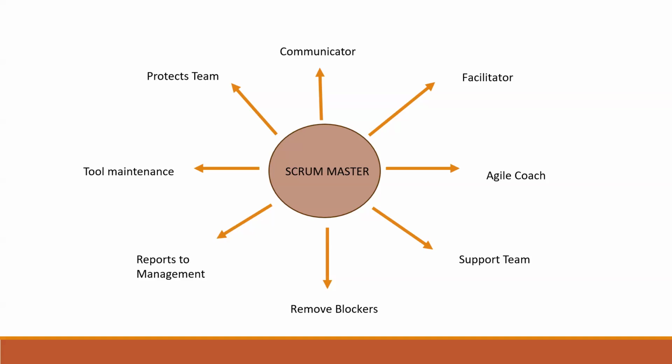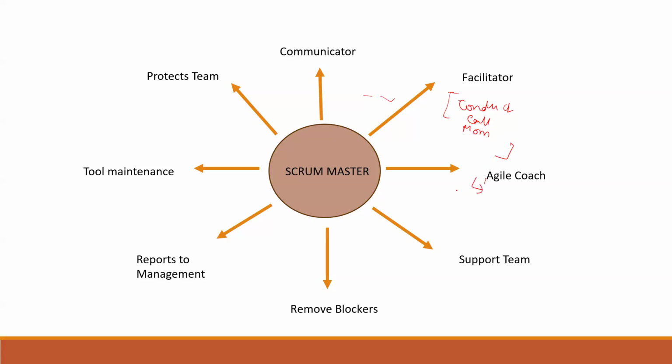So the Scrum Master plays a major role. Knowingly or unknowingly, he has so many things to play. One of them is that he should be a good communicator. It is essential that he has very good communication skills altogether. He's a facilitator of the activities or events in the meeting. Facilitator in the sense that he will make things happen. He will conduct the meetings, he will call for the meetings, he will take the action items, create an MOM and whatnot, whatever is related to the events. He is a facilitator.